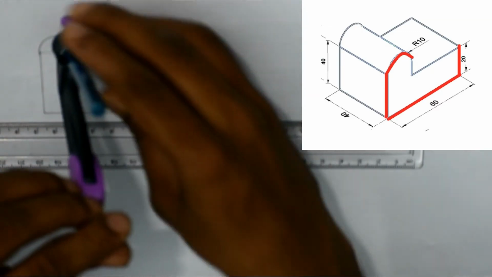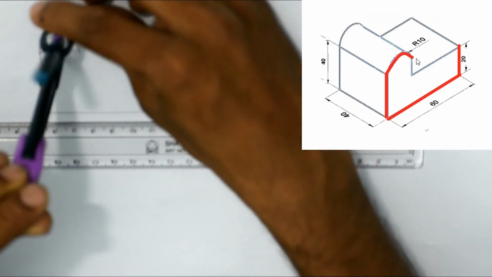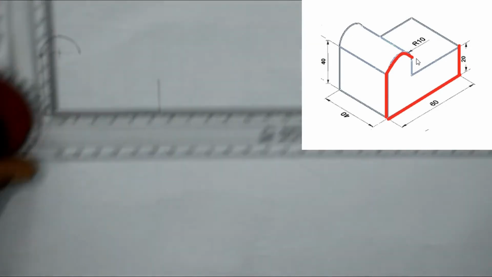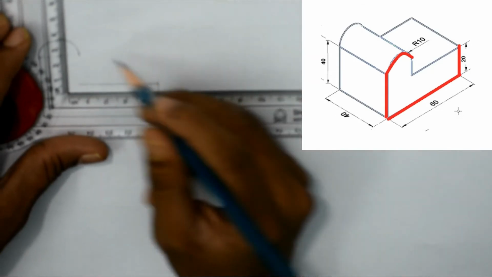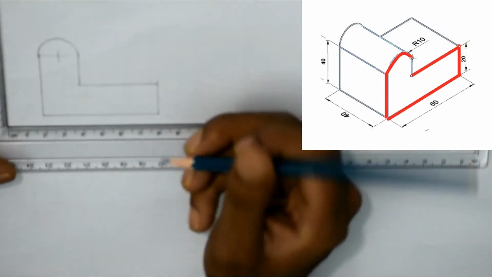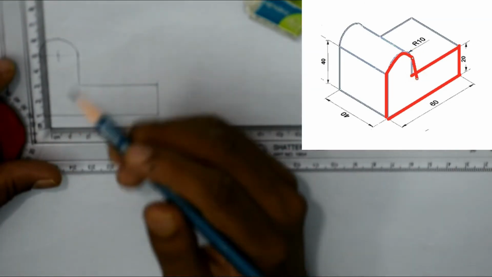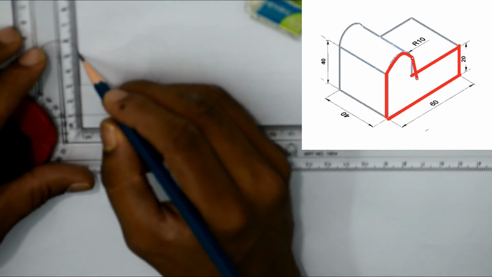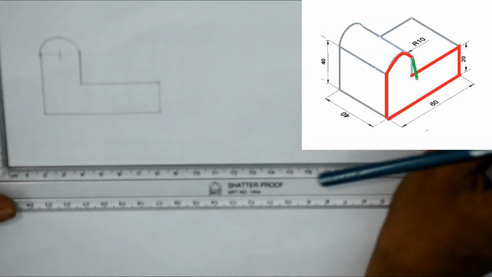See that, this completes our arc. Then you have to take this line until this gets aligned with the arc. This is somewhat trial and error, until it touches it, then you can erase whatever the left portion is there. So this completes your front view.